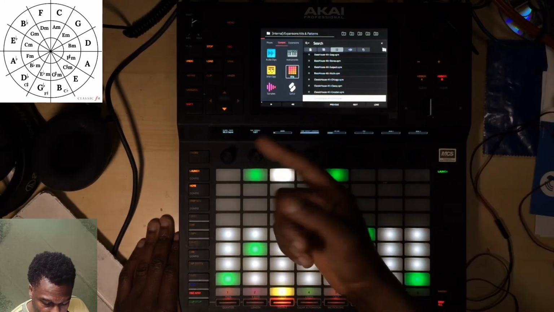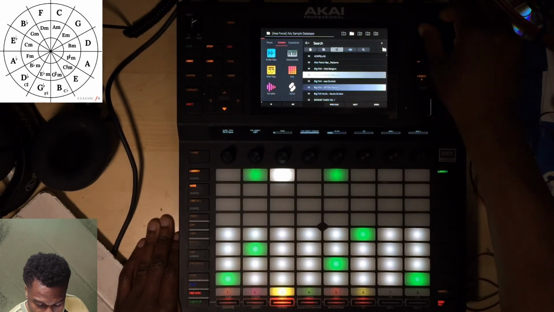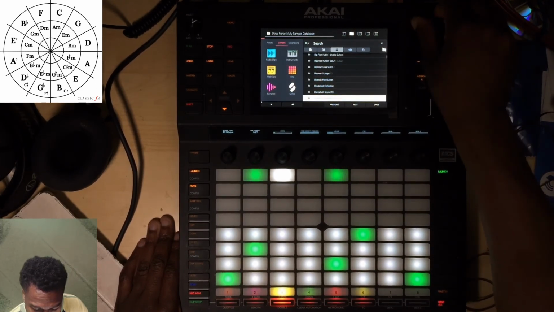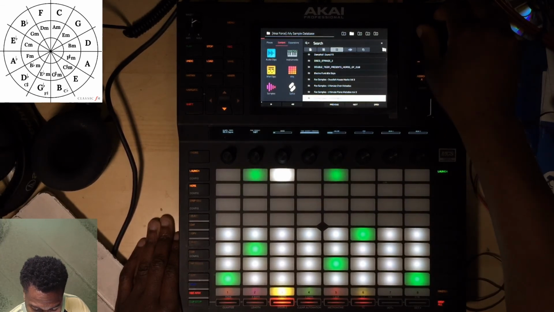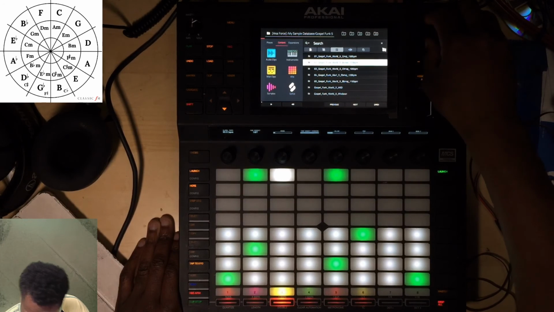So let's go and get some guitars. So I'm going to look for some guitars. I'm going to go into my samples, and this is what you would do. You go into your samples and I'm looking. Right. I'll go here. This funk thing, and I'm looking for